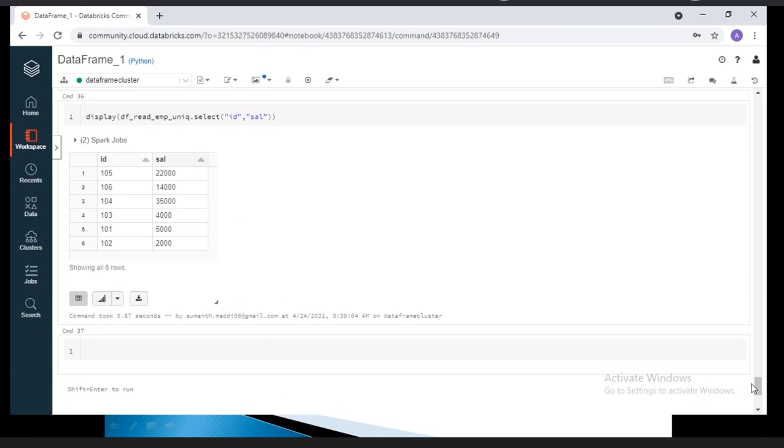Backend, it will convert into the low level API. Spark will take care of the logical execution plan, physical execution plan, the DAG, not you. Your responsibility is to create the data frame. The backend, while executing, will convert into its own native format.